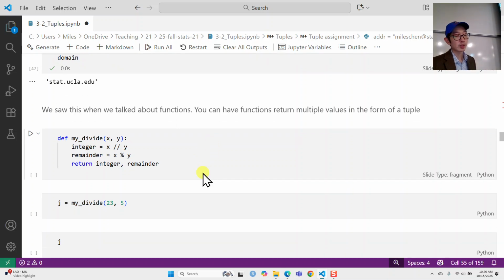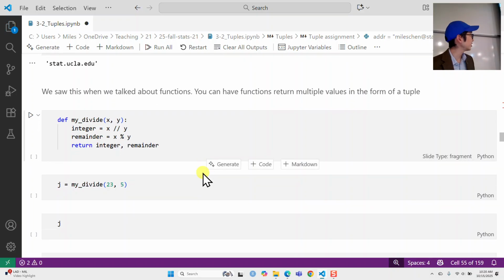Okay, so we basically use tuples when we want to return multiple values. So in a function, you use the statement return to have the function output something. This is a divide function that's going to return